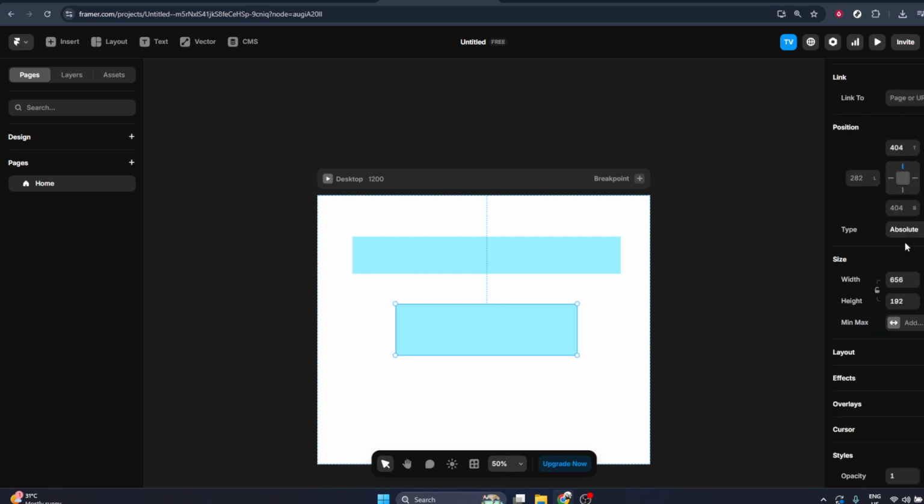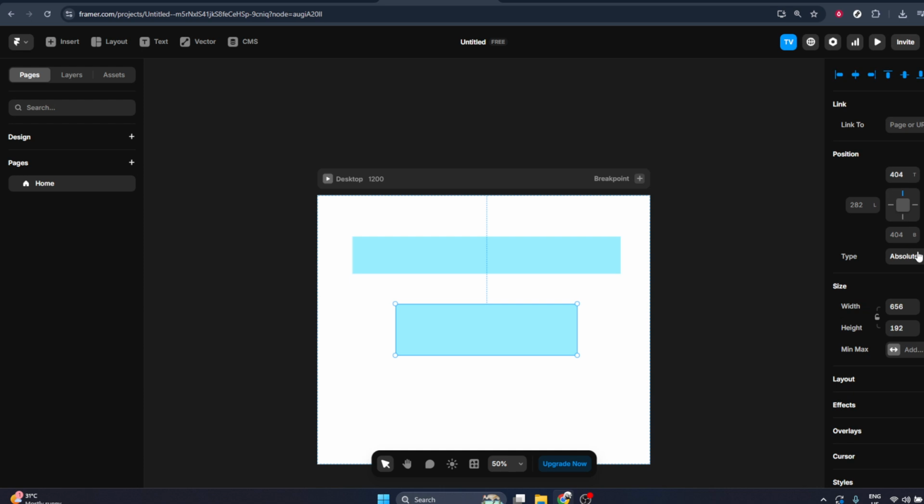If you want multiple shapes, simply press F again and repeat the click and drag motion to create more frames. This simple workflow is how you quickly block out sections of your design, such as headers, cards, buttons, or image placeholders. And that's all you need to start adding shapes in